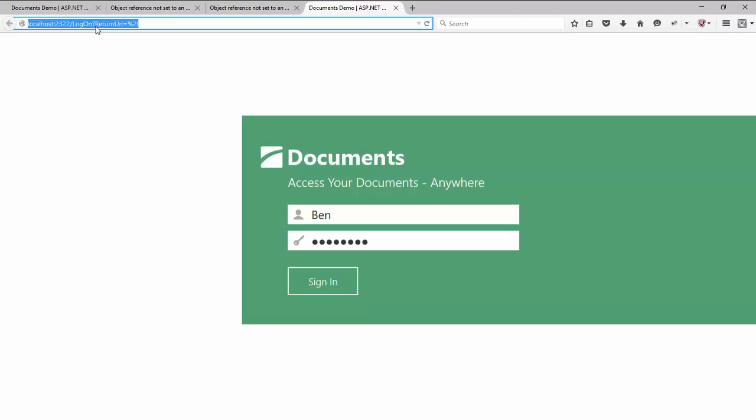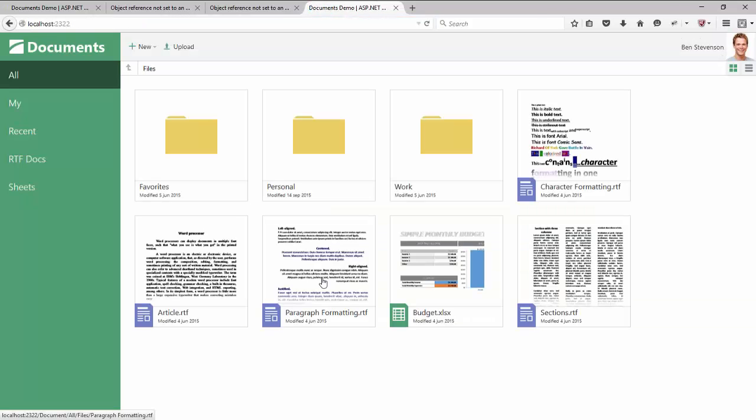It is now using our MVC extensions, and once I sign in, you will see that this application is looking exactly the same as the one in the WebForms version. And there are a couple of smaller things which I will point out, because what we need to do here is